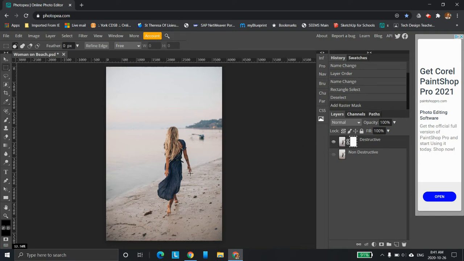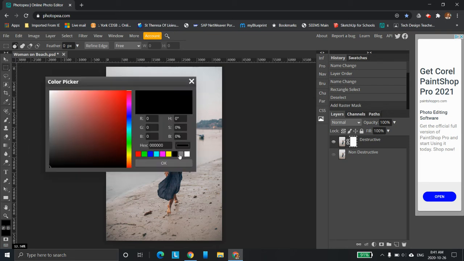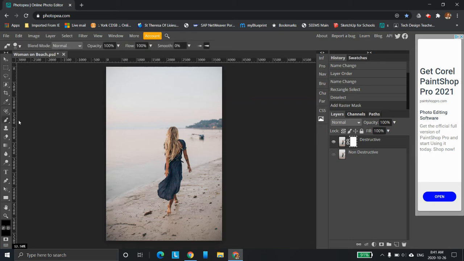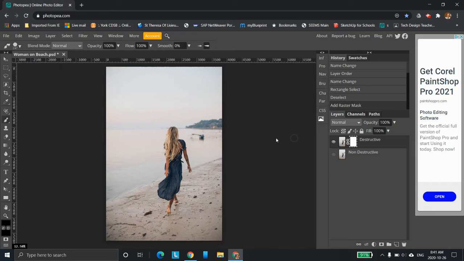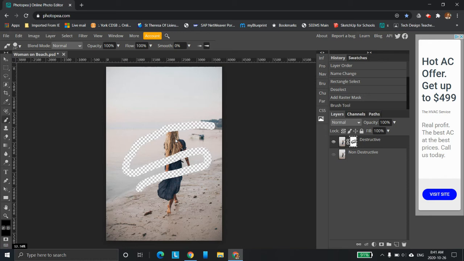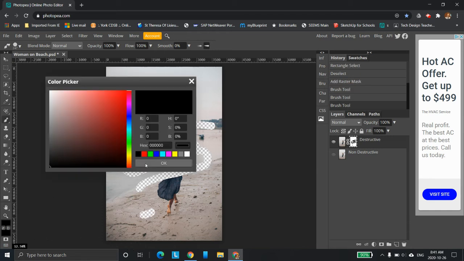So in this situation, we can use a couple things. If we use black, if we come in here and click black and then grab the paintbrush tool, and let's make the paintbrush tool a big size, something like this. And now we come in, as long as this is selected like this, what we're doing is we're deleting part of the mask, or deleting part of the image. It's actually not, because we're just deleting the mask, but this is where if you use black, it will remove things that you don't want to see. So say, for instance, we didn't want that in the image. Now, if you want to come back and switch it to white,